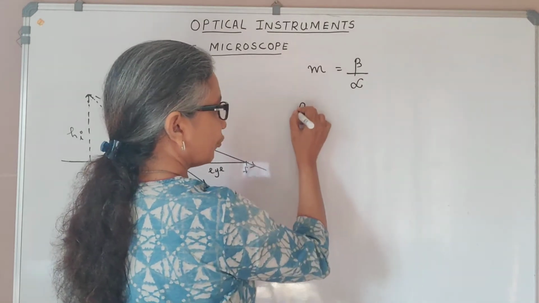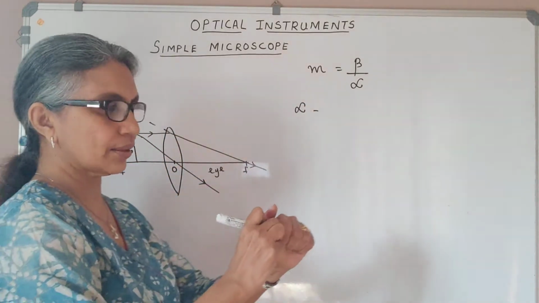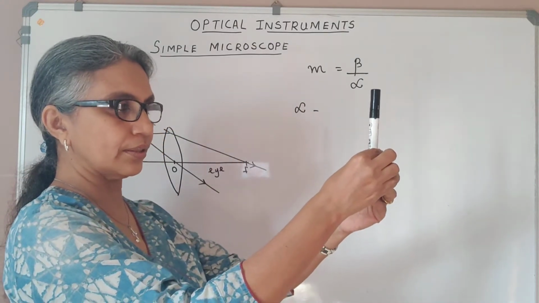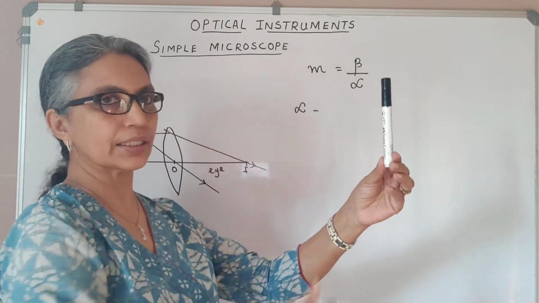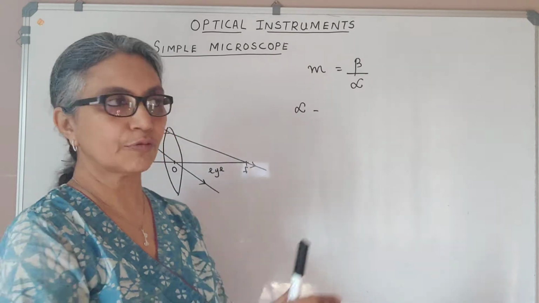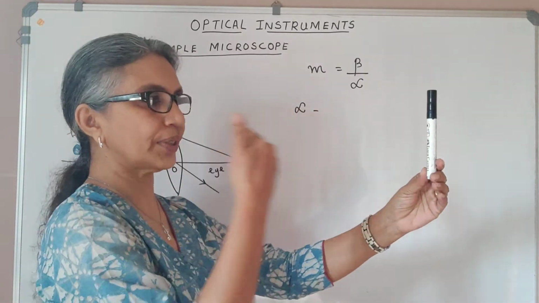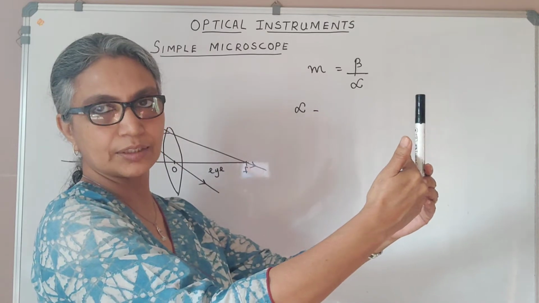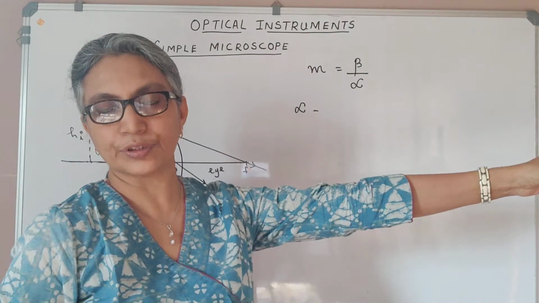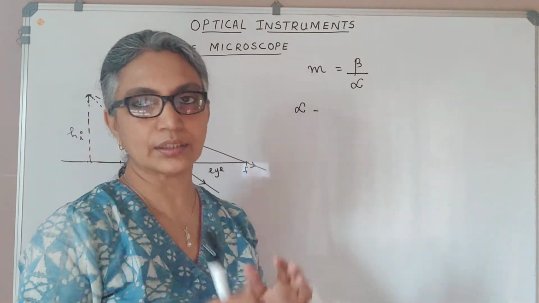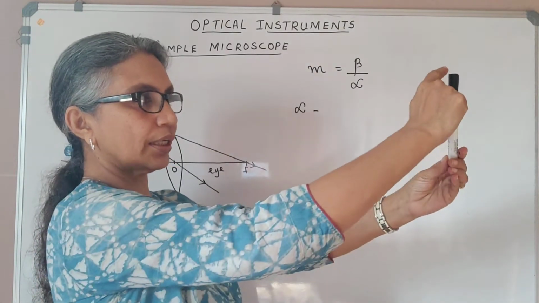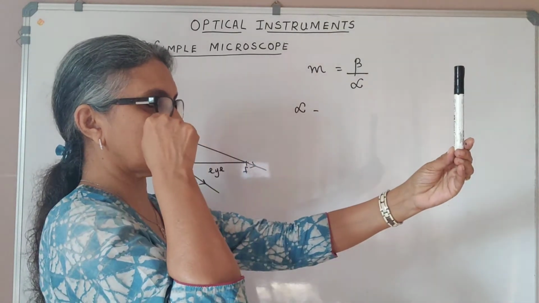Let me first tell you what alpha is. Suppose I'm looking at the pen, with no lens, nothing. I'm not magnifying it. I'm just looking at the pen like this. You know that it should be at least at 25 centimeter, which is called the least distance of distinct vision. For you to see something clearly, it should be at least at a distance of 25 centimeter. From there, if this object goes on to infinity, that is another position where you can see the object clearly. Now, at a distance of 25 centimeter, let's take one ray coming from the base of the pen to my eye,